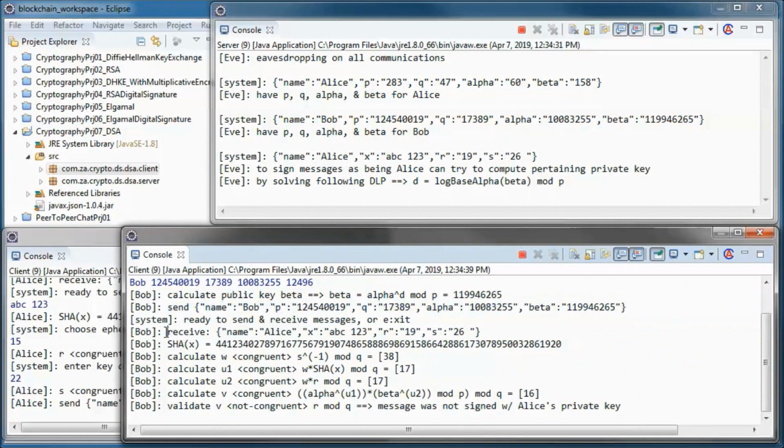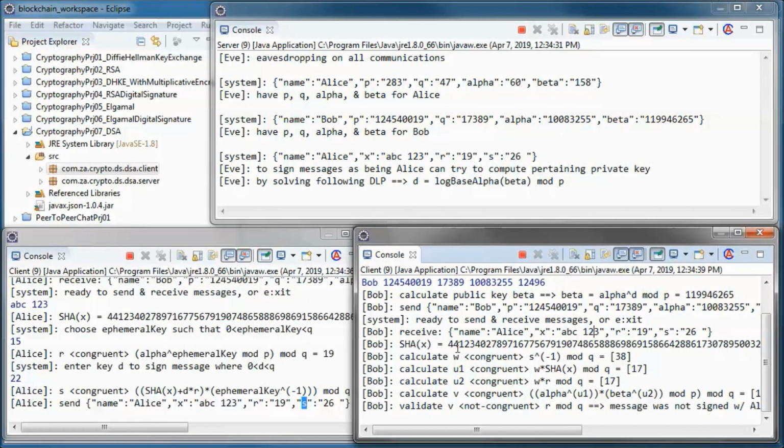And he receives those and calculates the hash for the message, and notice that the two hashes are the same.